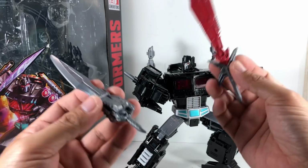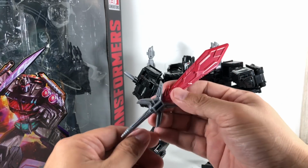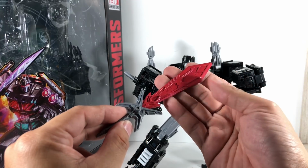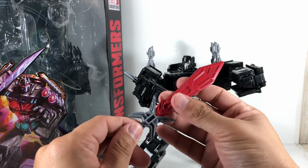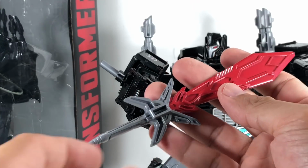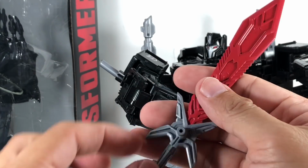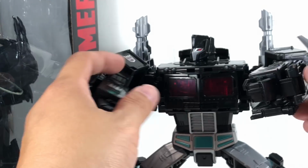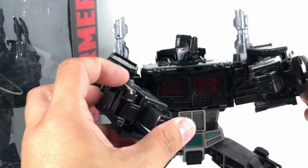One of the blades would have been nicer if it were purple, but this one is a nice flat red. It's not Optimus Prime glossy red. It's a very muted type of red, and it's just plain gray for the handle. And there's a peg which you can peg onto his arm and whatnot. Okay,